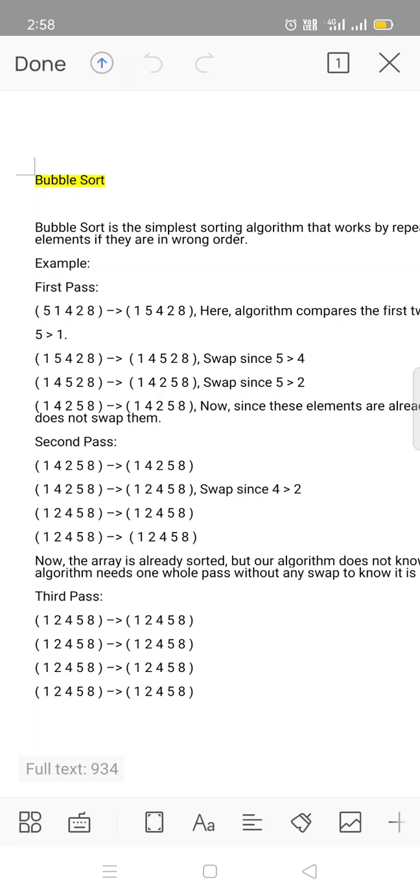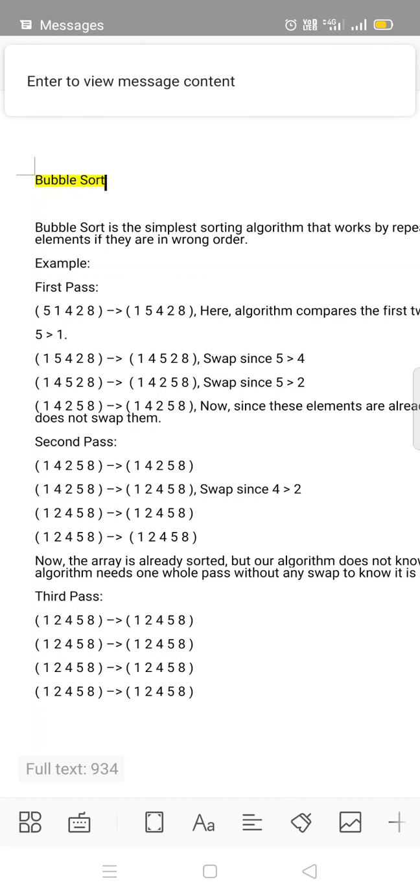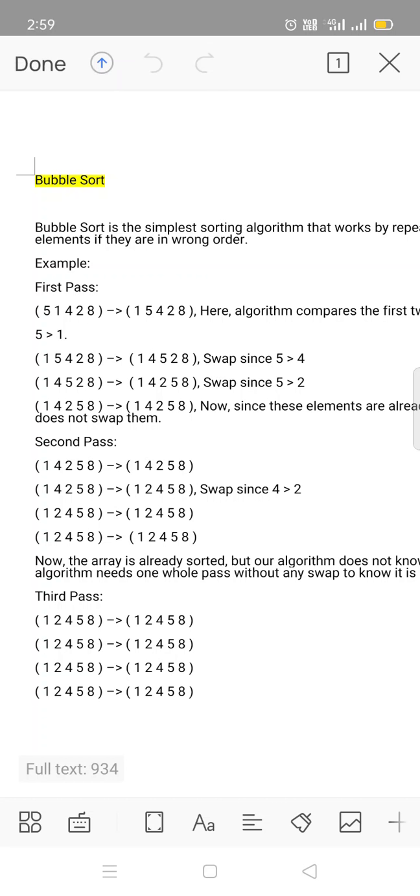Each time an element is compared with all other elements till its final place is found, that is called a pass. Bubble sort gets its name because it filters out the elements at the top of the array like bubbles on water.